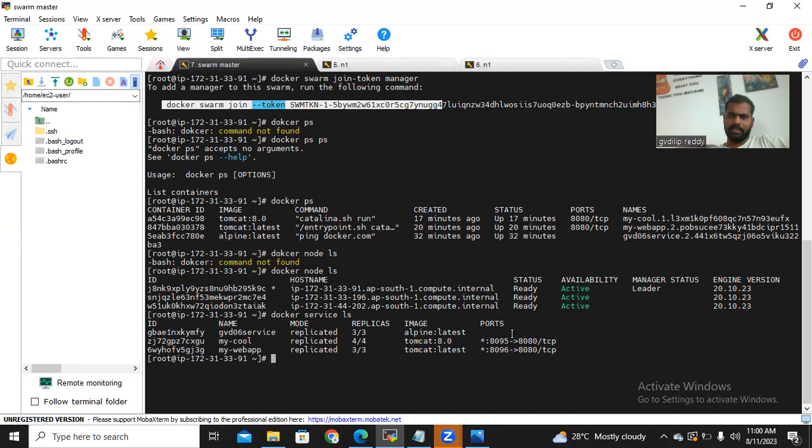Recently, I have created these three services and replicated them. Now, for your sake, I'm going to create a new service. Docker service create, with the name GVD 06 service, or app, followed by